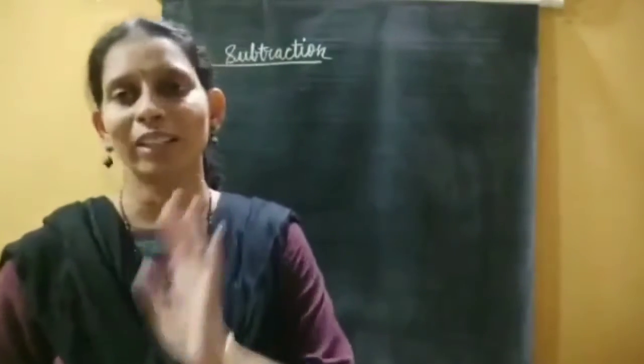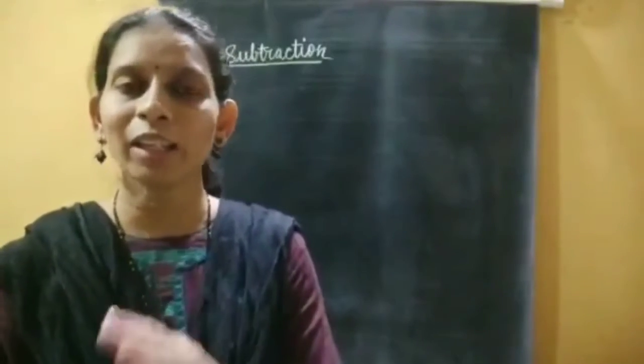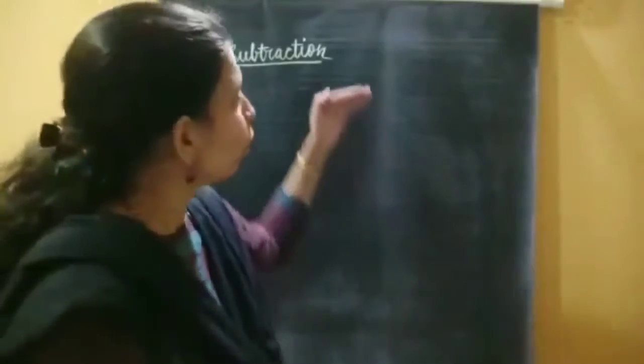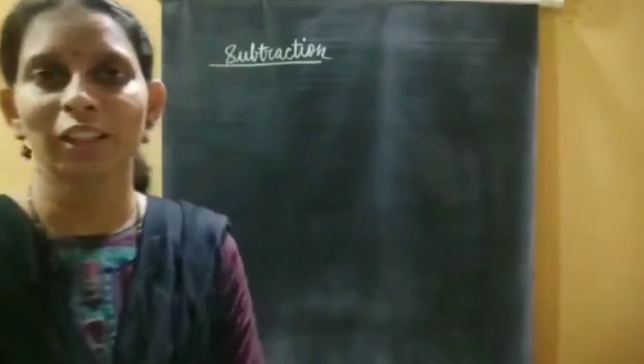Okay. So, today we are going to learn how to do subtraction. So, students, are you ready? Very good. We will see some examples of subtraction. So, students, we will start from 1 digit. Okay, students, you have already learned this in second standard. But now we will do a revision and we will start from 1 digit numbers.